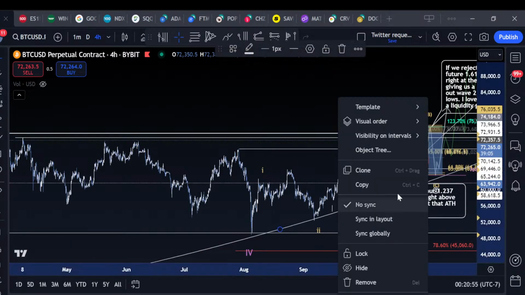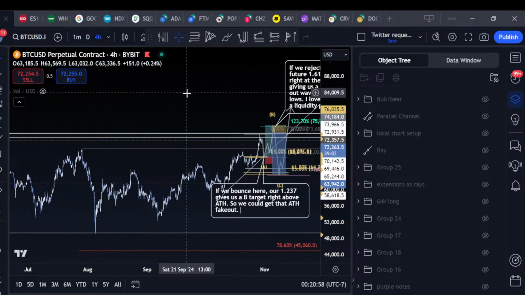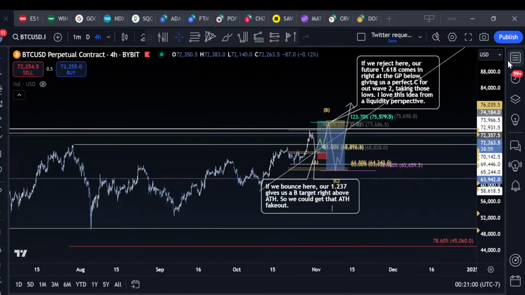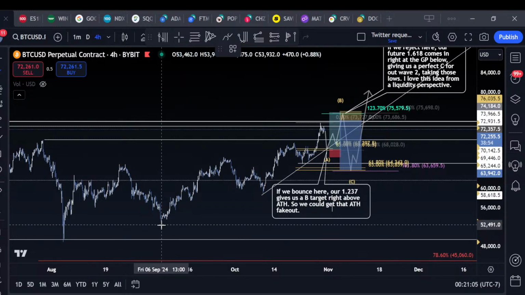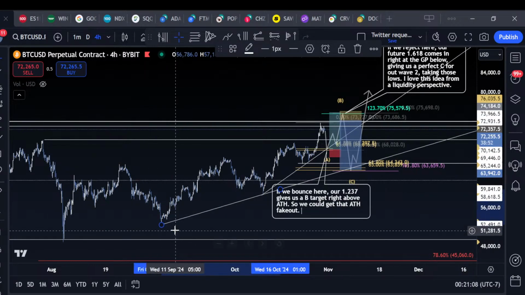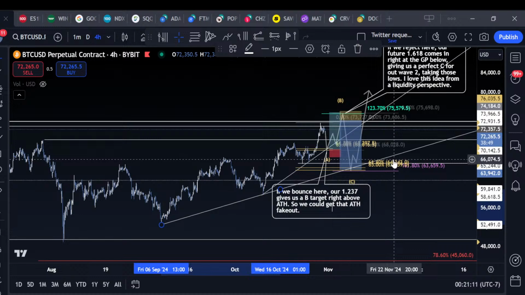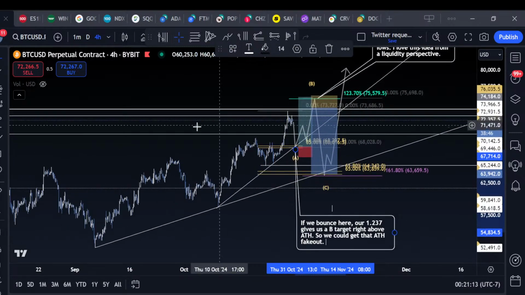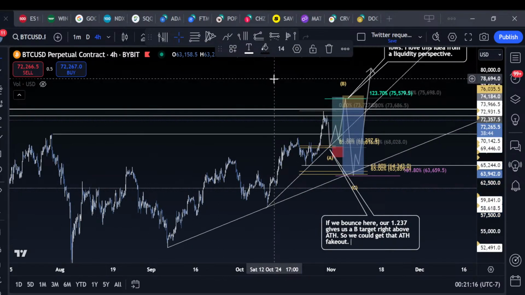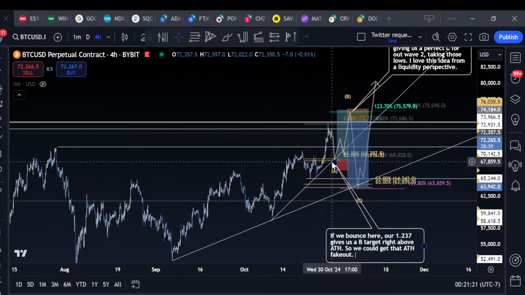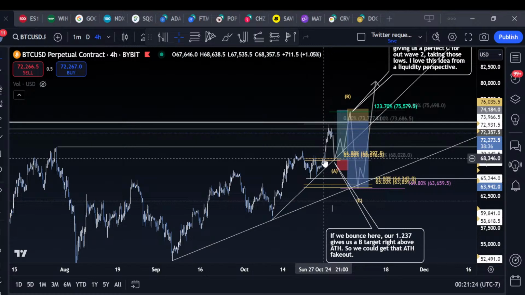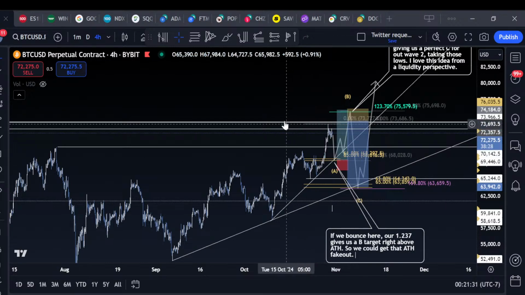which, let me turn off all of this mess. So what I have written here is just explaining that. I just want to explain the concepts here. This is an ascending structure. This is a shallower ascending structure. I like looking for timing between parallel structures and key horizontal levels. I like looking for those as a nice timing confluence. When you have a 618 aligned with a trend line, aligned with a major market open like the New York Open, for me, that's a nice kind of confluence for a setup.